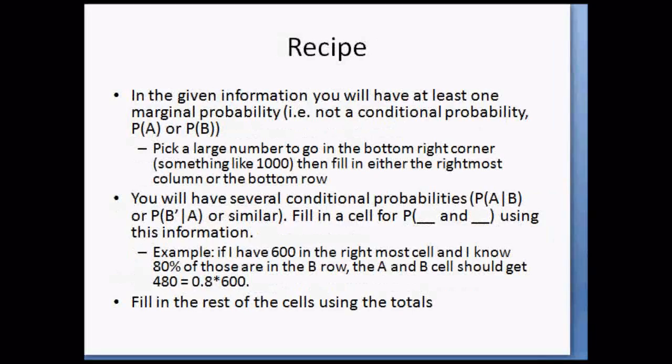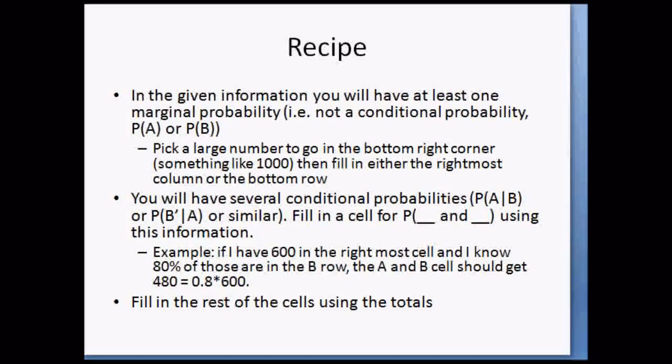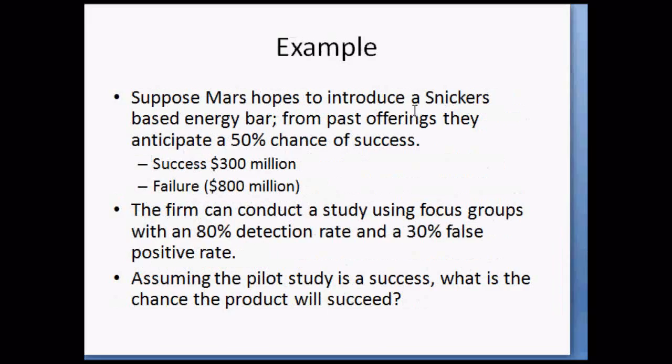So this is the general recipe that we'll do to solve this. In the given information, you're going to have at least one marginal probability in general. So in our case, which was the marginal? This one right here, 50%. So we have a 50% chance of success. That's the probability of success of 50%. That's a marginal probability. It's not joint, it's not conditional. Okay. So we're going to create a contingency table. And so the big trick, notice here, we don't know how many observations